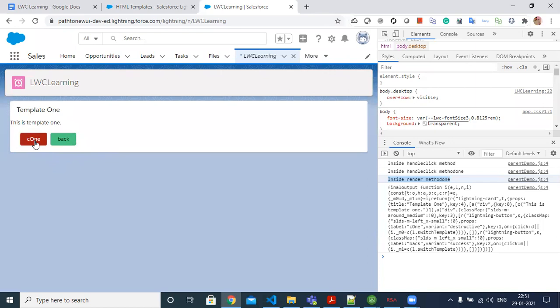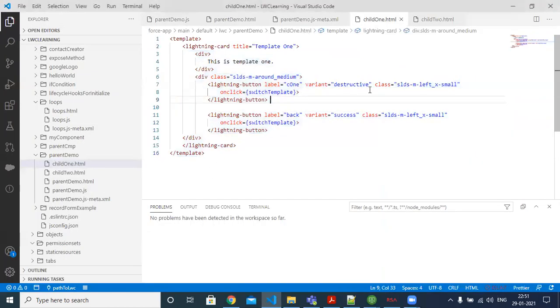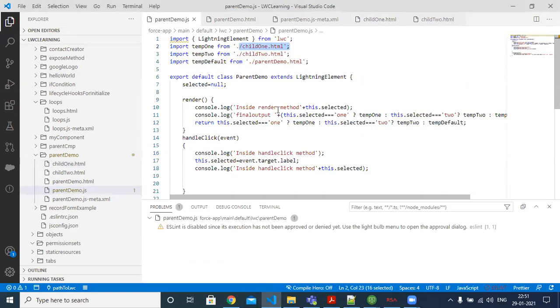And what I'm doing, if I click C1 again, what logic have I written? This is the C1 button. If I click C1, I'm calling the switch template method. These two different HTML files, child1 and child2, have their JavaScript logic written inside the parent JavaScript file only.